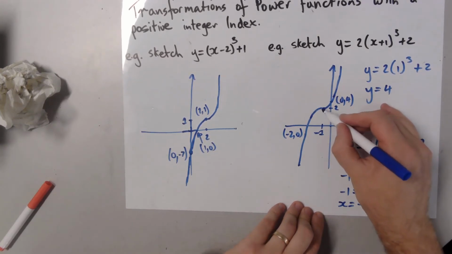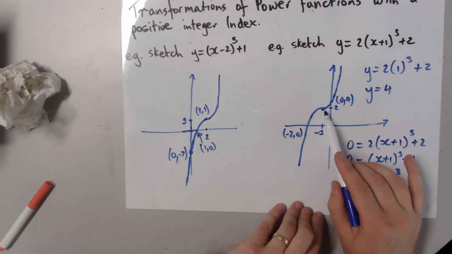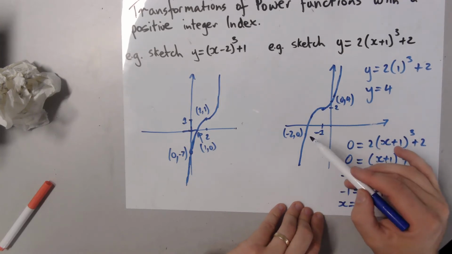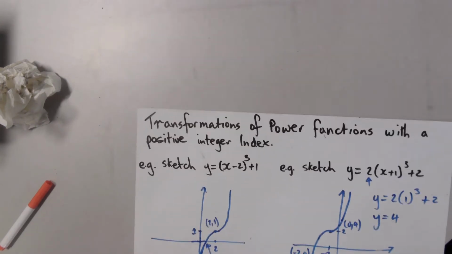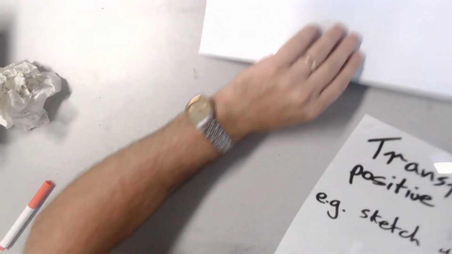So I've got the location of my point of inflection, I've got my y-intercept, I've got my x-intercept, so I've also taken care of this dilation factor as well. There's one more type of question that we can have here,